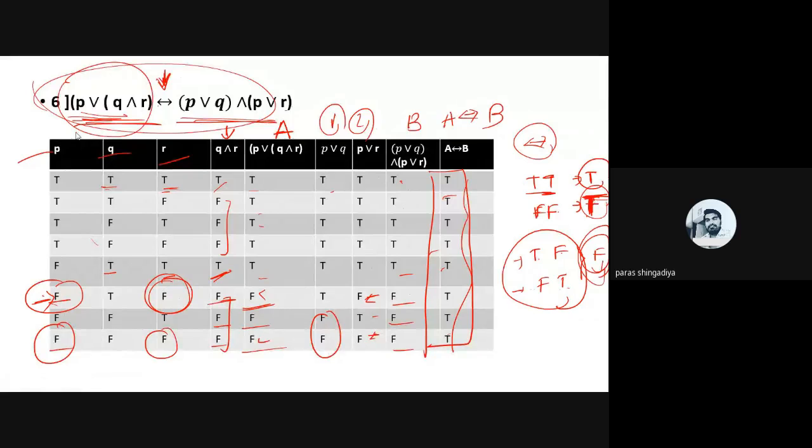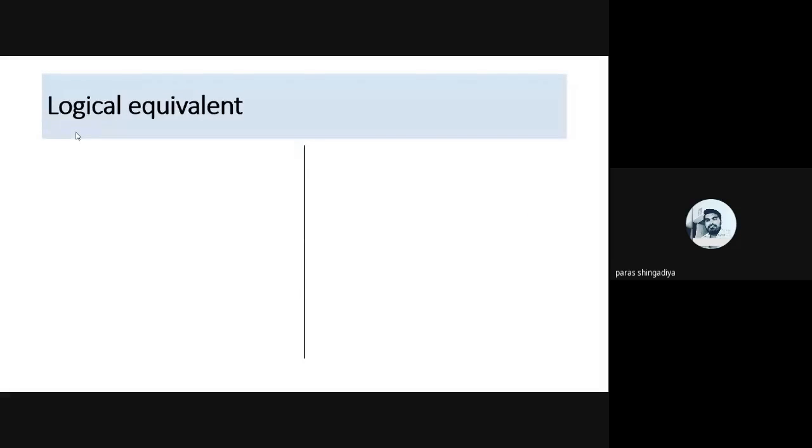Have you any query, any doubt in all these examples? We'll solve some more examples in the lab session, how we can check a tautology and so on. We'll do some more practice in the lab session also. Here we considered just 3 to 4 examples to verify whether the given compound statement is a tautology or not. Any query, any doubt? We'll solve it, otherwise we'll start the next topic of this chapter.